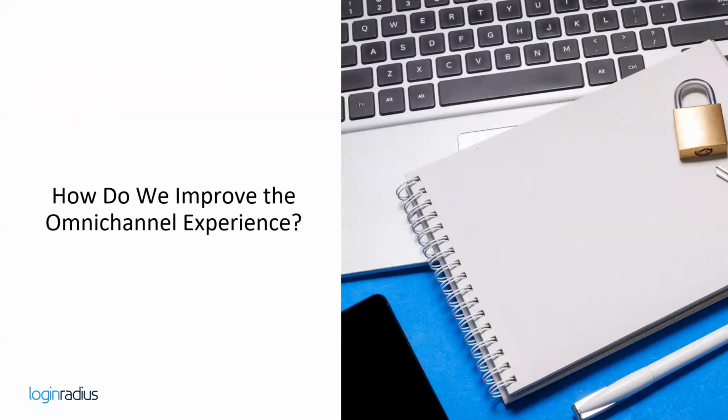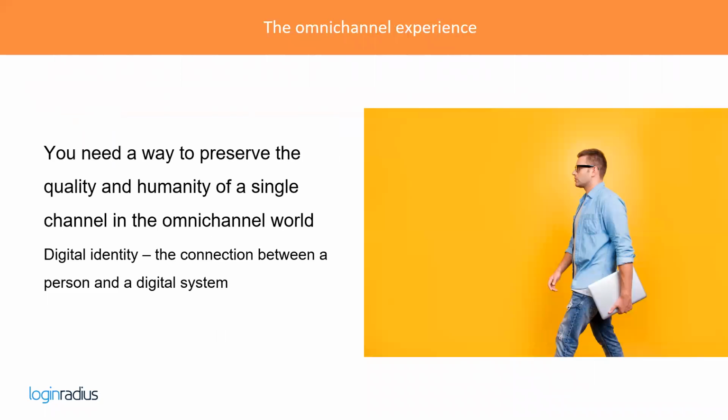So having said that, how do we improve the omni-channel experience? Really, the way to do this is to make customers feel that you care about them as an individual. You essentially want a way to consolidate all the different digital channels and online and offline channels that you have into a single channel, right? You want to make it feel like